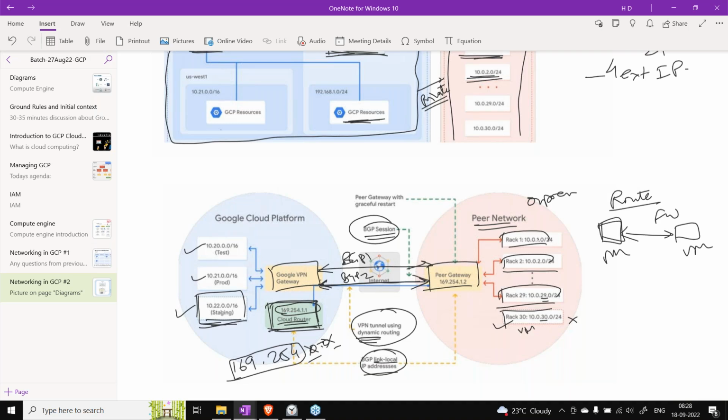So this particular VM's traffic will go to a router, and this router on the GCP side should know, okay, there is a route I need to take which can lead me to this particular VM2, right? So this router should be in sync. It should be able to communicate and broadcast these newly added subnets on each side, right? So that was the point. With dynamic routing, this will also be taken care of in your environment or architecture. Okay, so let's see that.